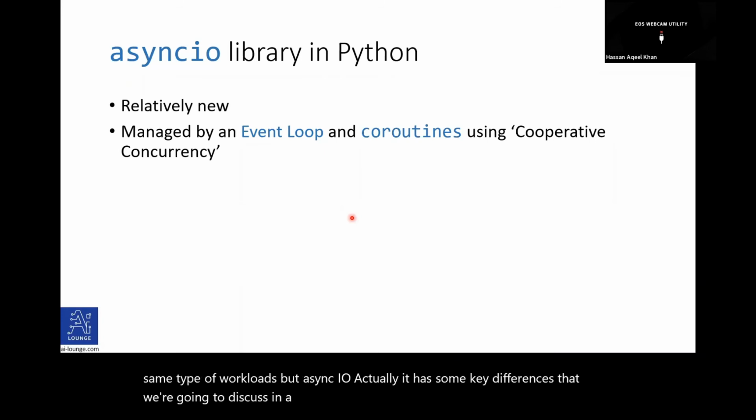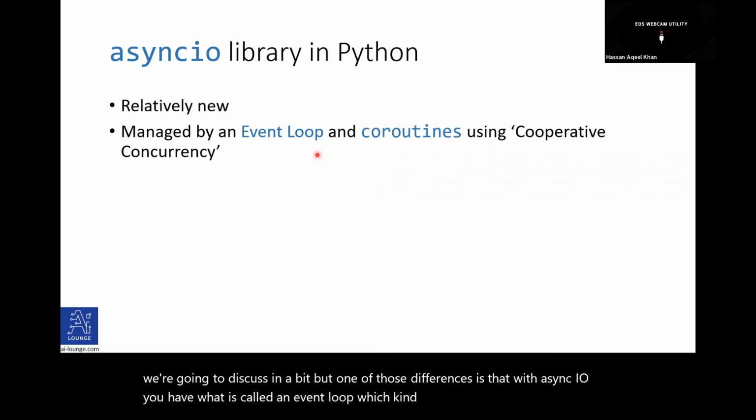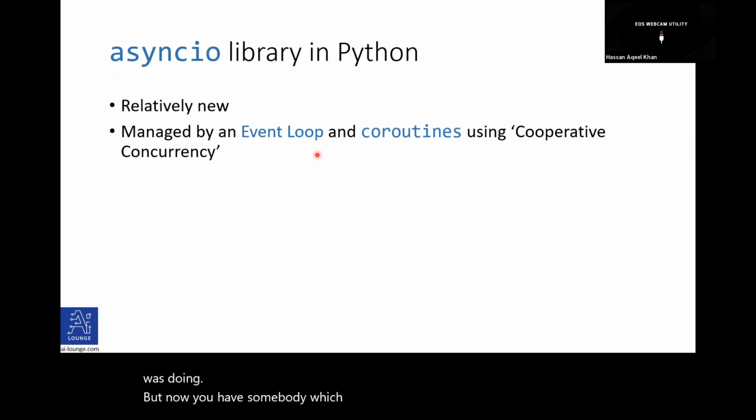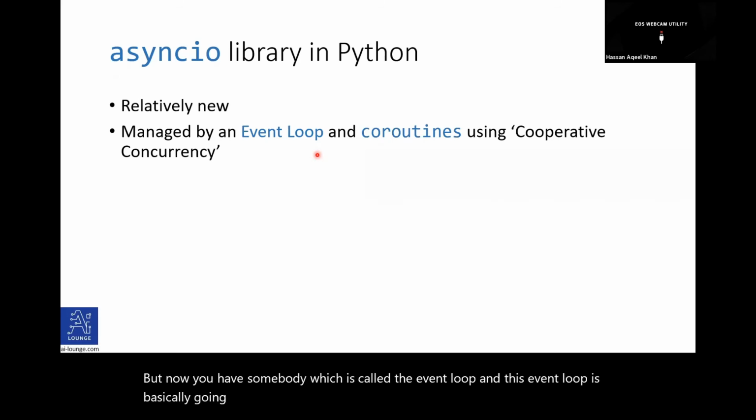One of those differences is that with asyncio, you have what is called an event loop, which takes care of managing these different tasks for you. This is similar to what the thread pool executor was doing, but now you have the event loop, which is basically going to manage the different tasks that you need to run. And then the other concept that is there is basically